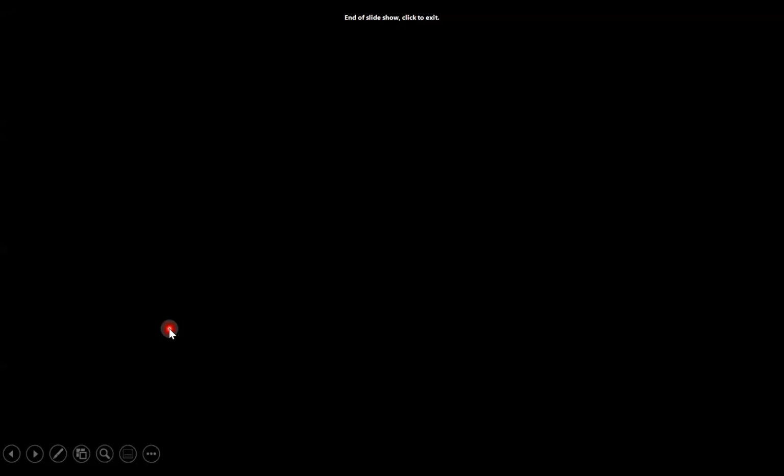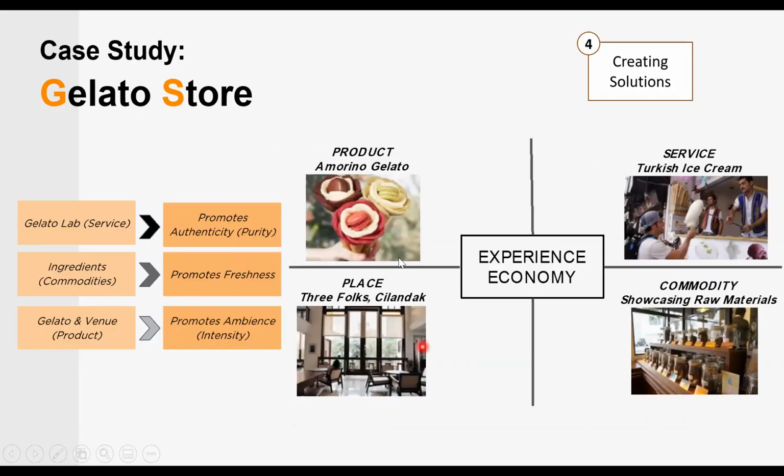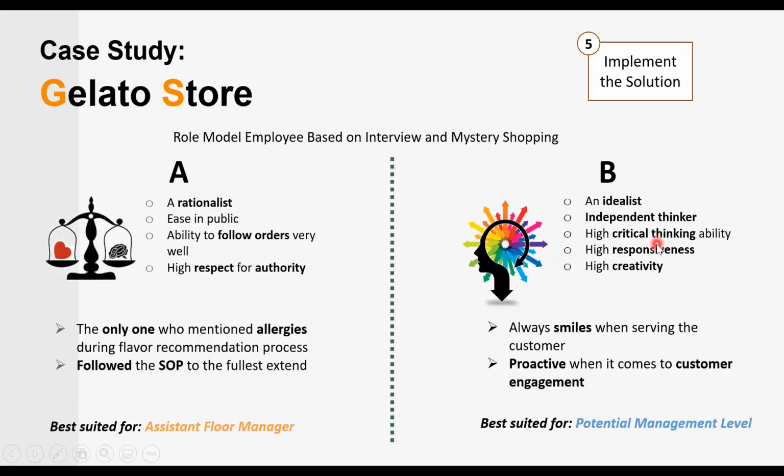So if we go to the previous page, this is about experience economy, this talks about the ambience, the place. If we want to implement this first, it will be hard because it takes time, it takes effort, it takes money. But if we start with the people first, it will be easier for them to implement, and this will not take a very long time, because what they can do is that they can also already identify who can help them in order to bring the experience better in terms of the service to the customers. And this is what we've done.